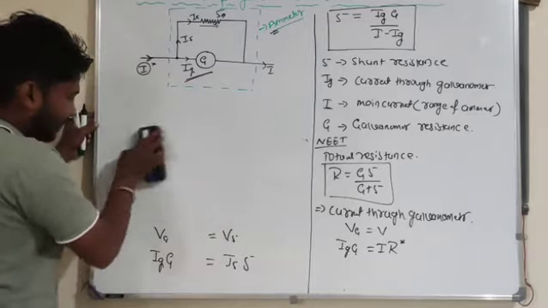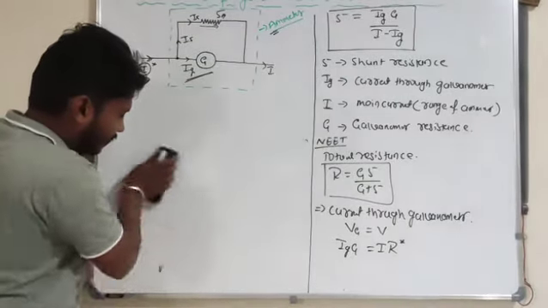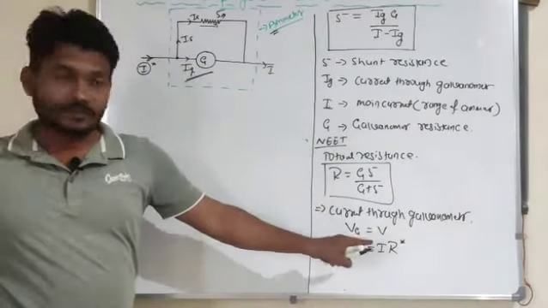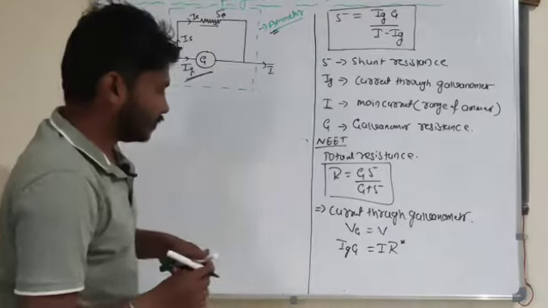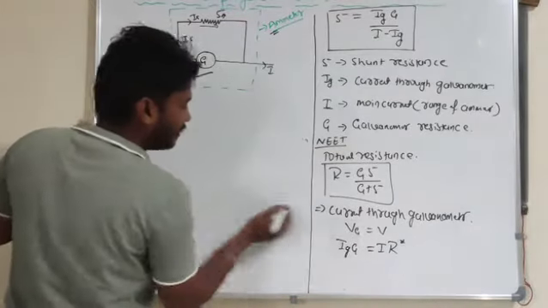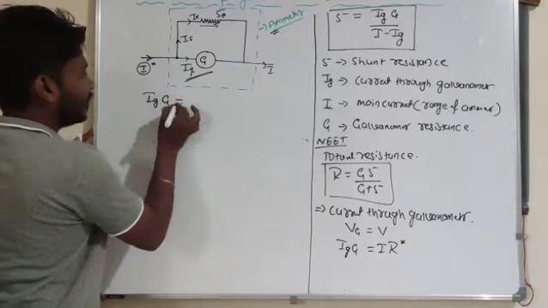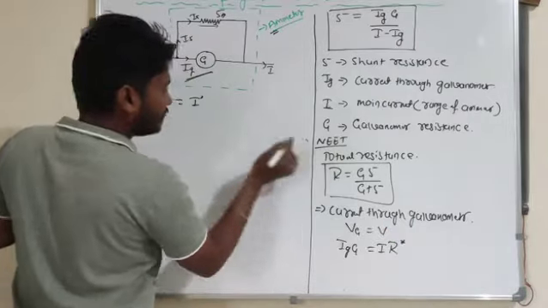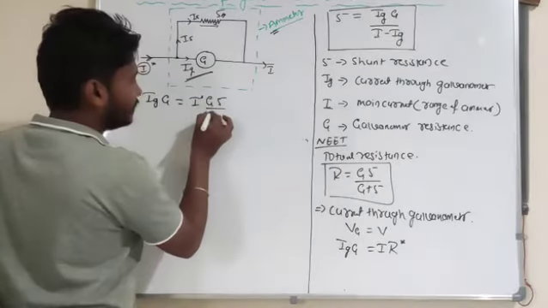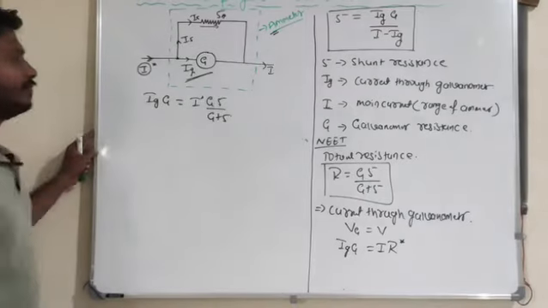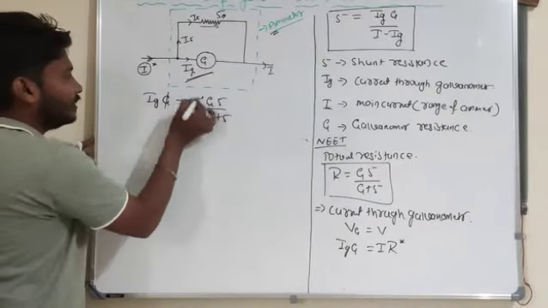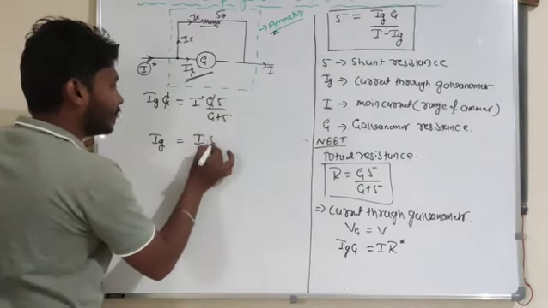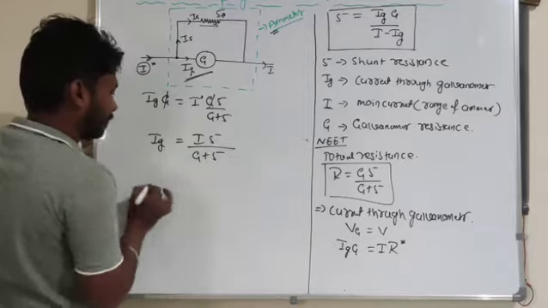In order to find this, we take the current through the galvanometer, which is equal to the potential difference across the galvanometer, which is equal to the total potential difference. Wherever R is there, Ig into G is equal to I into, look here, R means G into S divided by G plus S. This G term will get cancelled out. Ig is equal to I into S divided by G plus S.